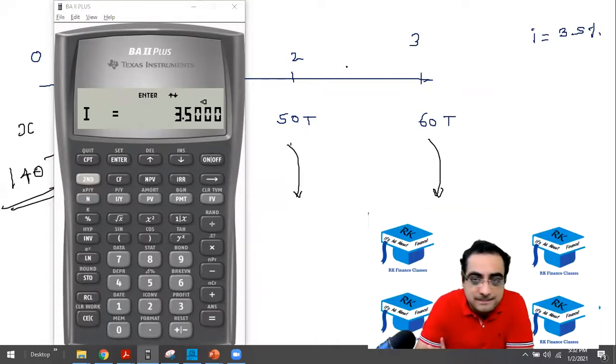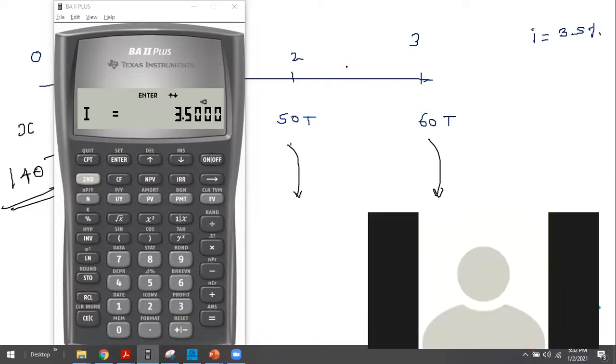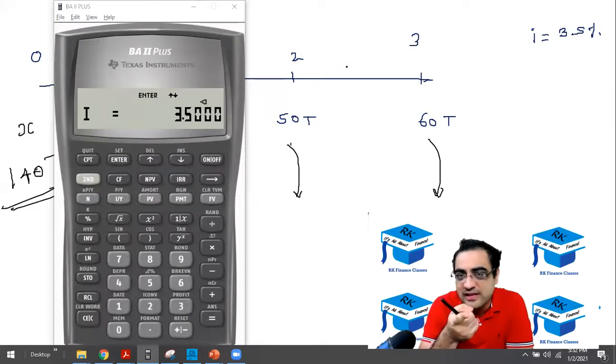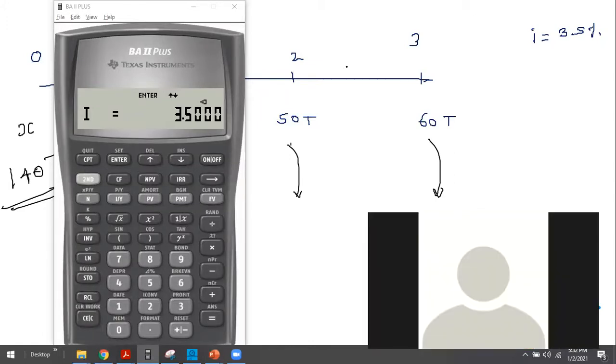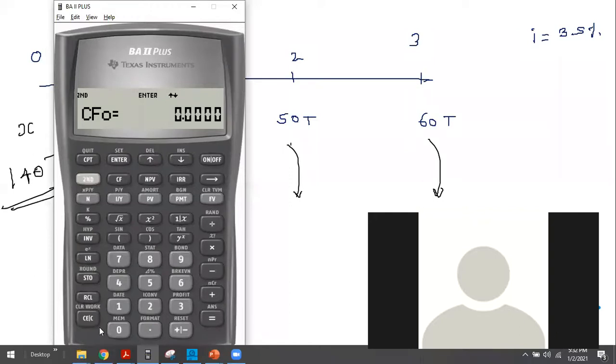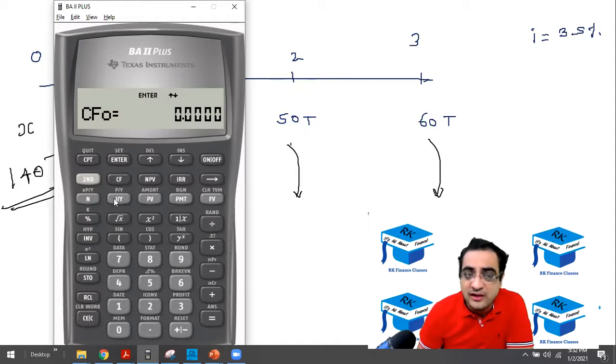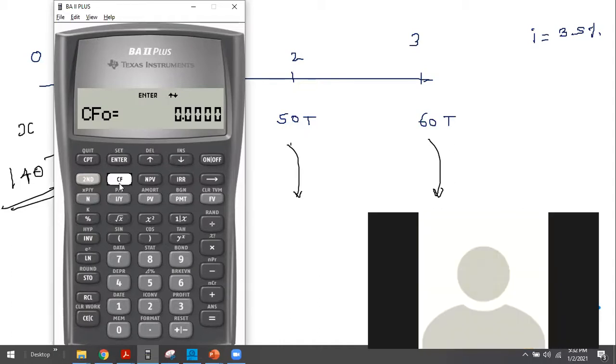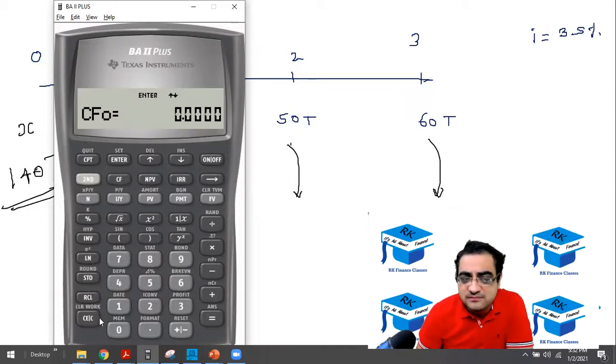Yes, Varat. Sir, I'm getting NPV as 150. Did you do the steps when I was doing it with Dhairya at the same time? Yeah, I was doing the steps. Just press CF again. I'm doing it for you one more time. CF. Did you press second clear work? Yes, sir. Okay, scroll down. Now press it along with me. Press CF. Okay. Press second clear work. Second clear. Yes, sir.